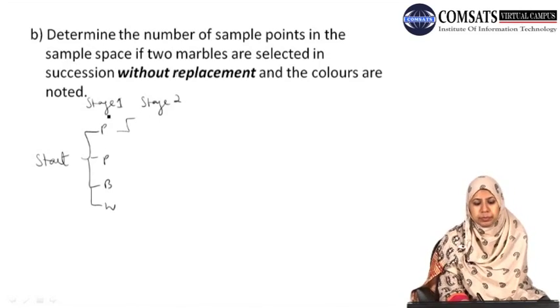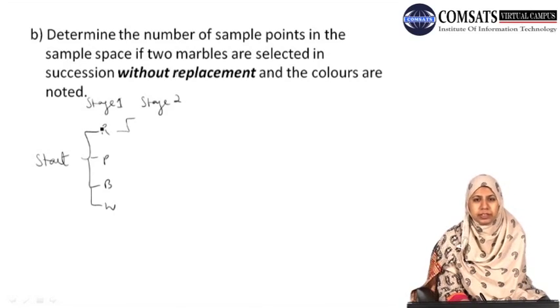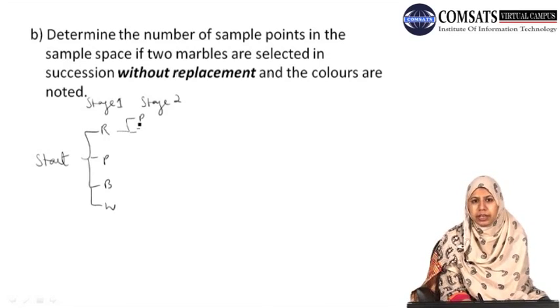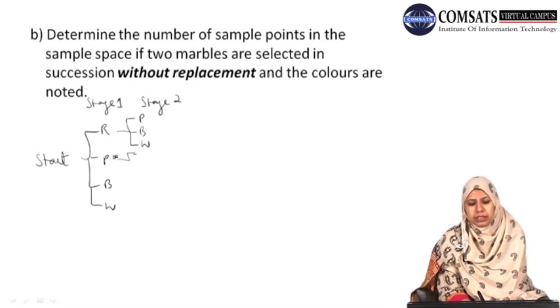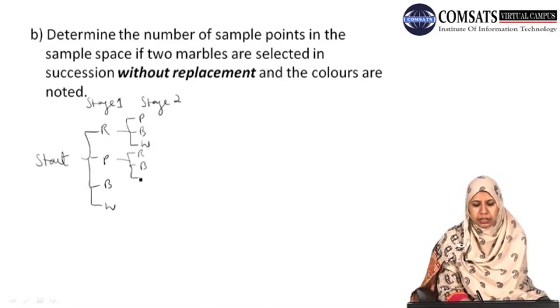That is, this red marble is not allowed to put back, so we have 3 possibilities that at the second stage either the second marble will be of pink color, of black color or of white color. Same is the case when a pink marble is taken out first. At the second stage the possibility will be that the second marble will be either of red color, black color or white color,